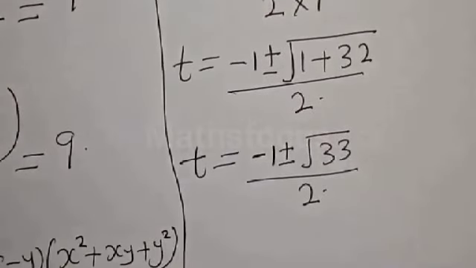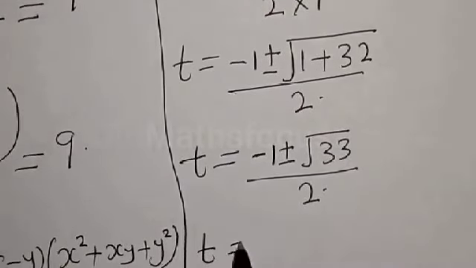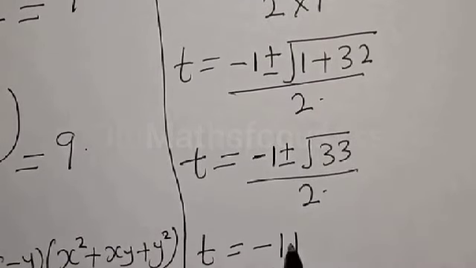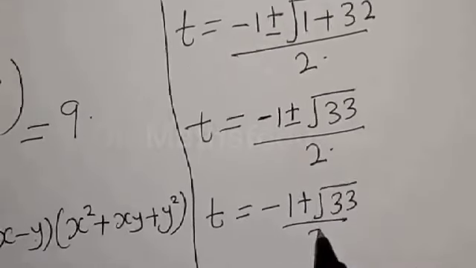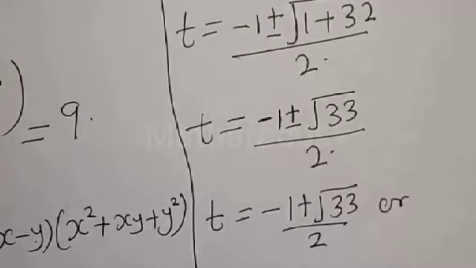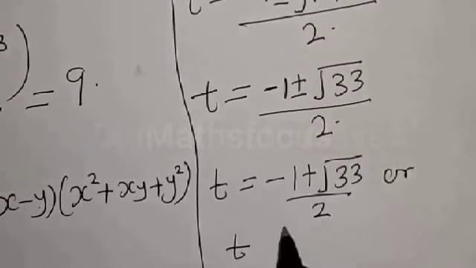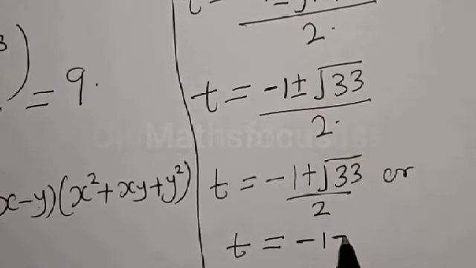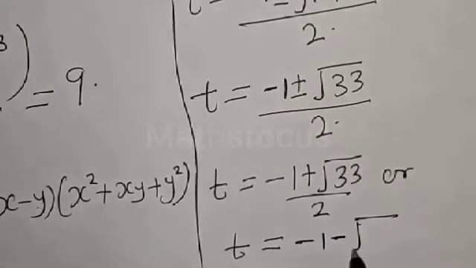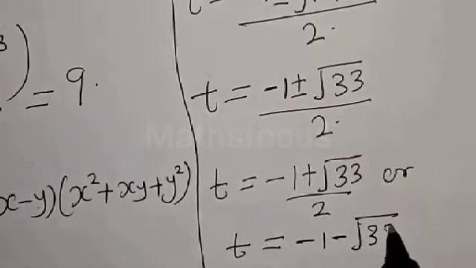Then t is equal to minus 1 plus square root of 33 divided by 2, or t is equal to minus 1 minus square root of 33